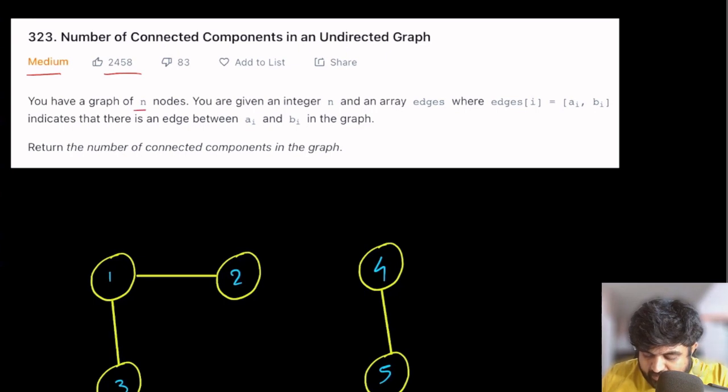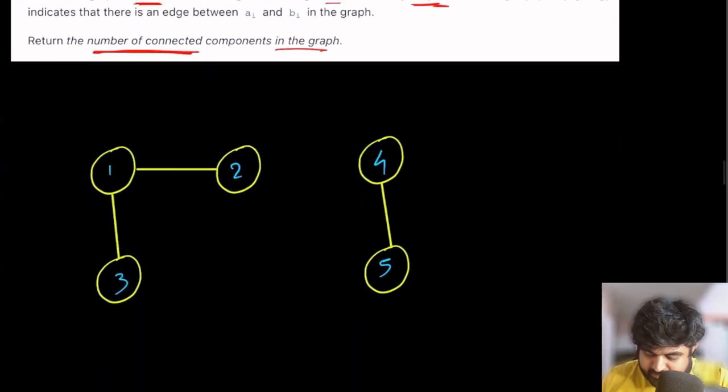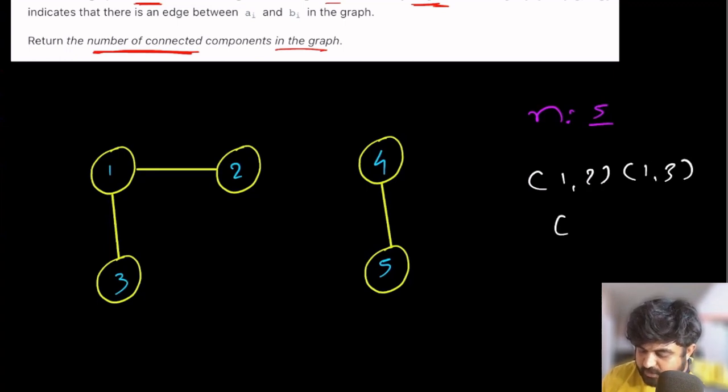It says that we have a graph of n nodes that we are already given, and we are basically given the edges that define that there is a connection existing between two nodes for any given graph. Now, based on that, we need to indicate how many connected components are present inside the graph. So let's try to understand this with an example. In this case, currently we have 5 nodes. So basically we are given n equal to 5, which defines that there are 5 nodes. We are also given these edges. We are given 3 entries: the first entry is 1 to 2, the second entry is 1 to 3, and the third entry is 4 to 5.